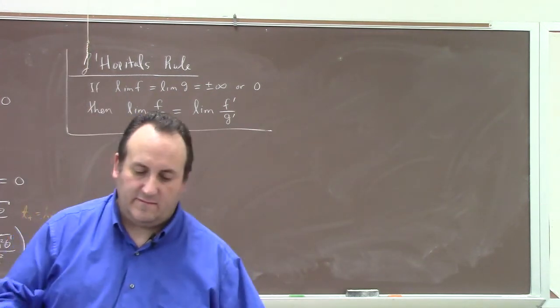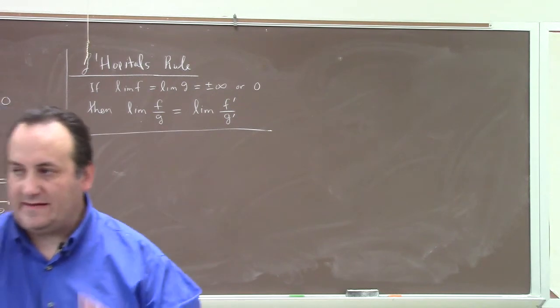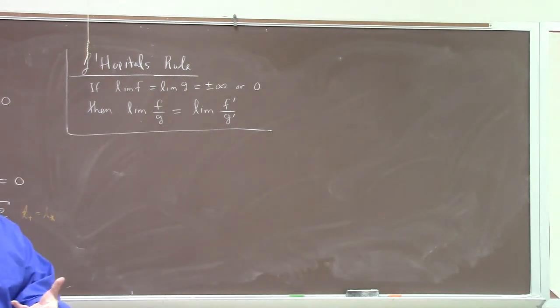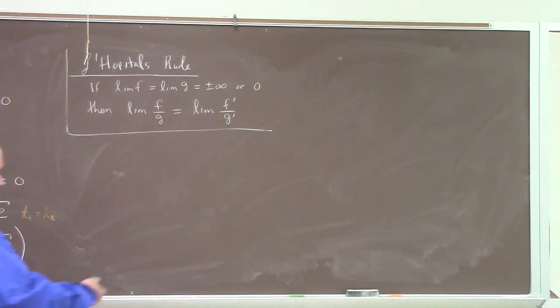Now, here I'm being very vague, but when I write lim, like this, without adornment, without decoration, I mean to include all the different possible cases. Limit as it goes to the right, limit as it goes to the left, the double-sided limit, the limit at plus infinity, the limit at minus infinity, all of those. All right, so like,